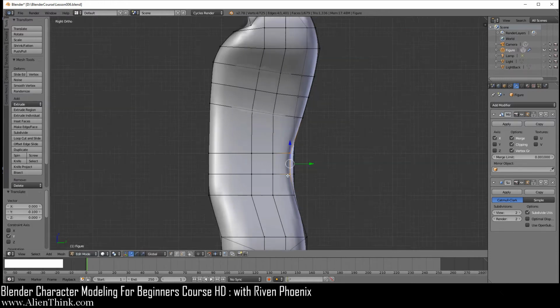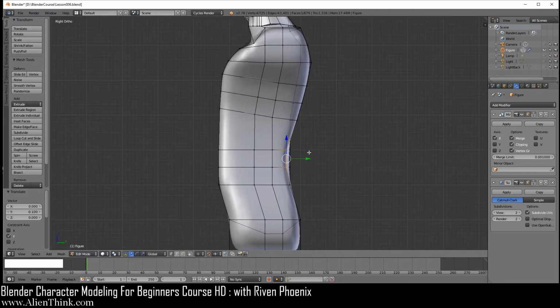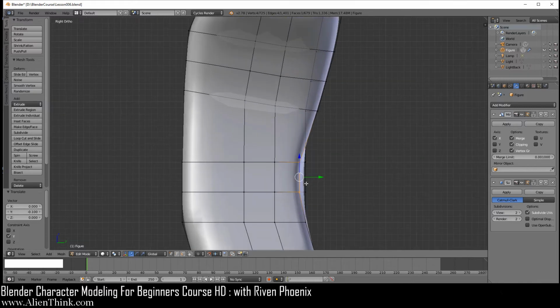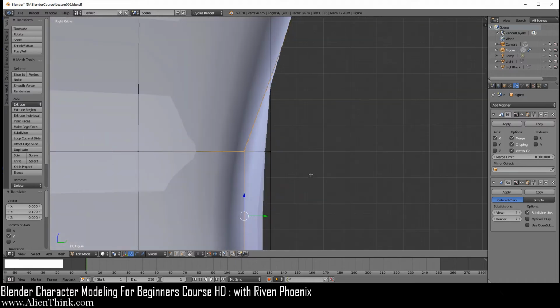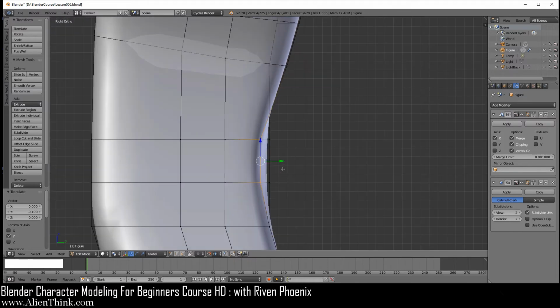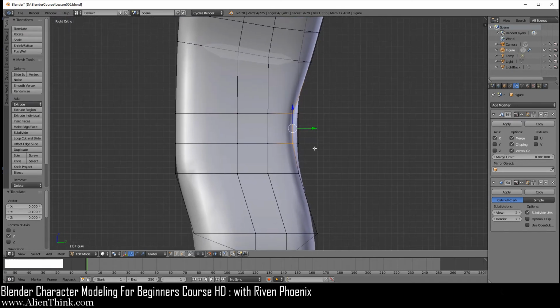Now you might be wondering why am I zoomed out this much. It's because we're dealing with a bigger body, right? And what's important to understand is, as I've shown you, that it's this grid unit. So if you zoom in, you'll start to get smaller grid units. So you've got to watch out for that. And I'll alert you when you need to zoom in to get those smaller grid units working. And A to deselect.